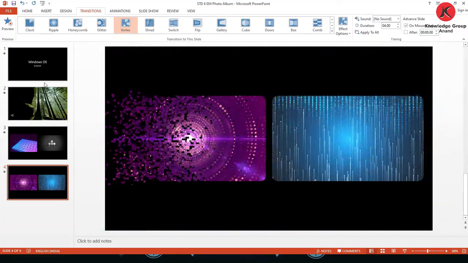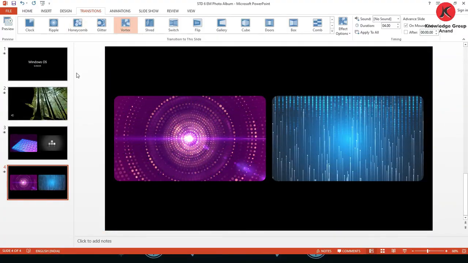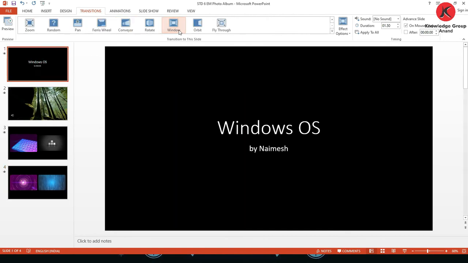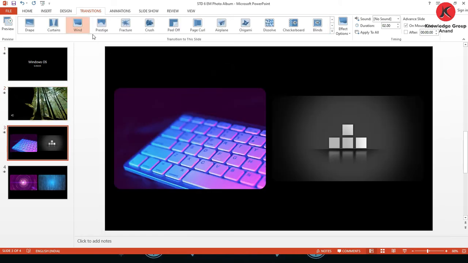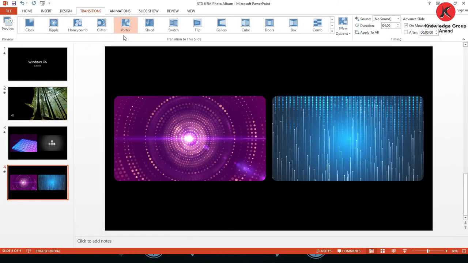Now you can see we have added transitions. How can we see we have added a transition? You can click here and see the particular slide highlighted. That means we have selected the transition for that slide. Also you can see this star symbol. This means that we have assigned the animation to the slide.